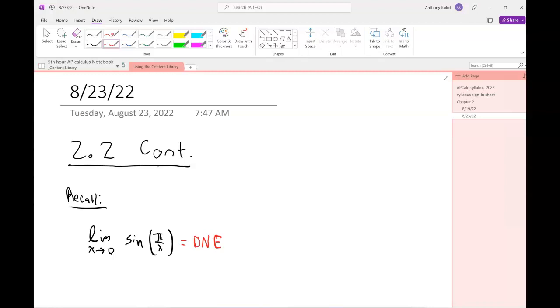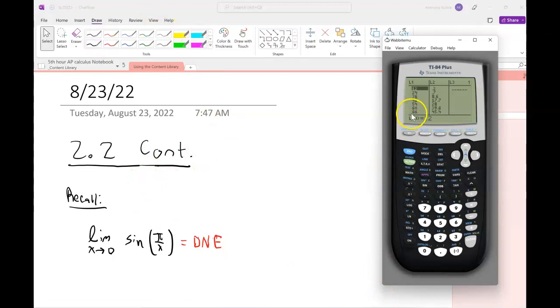So let's take a minute and use this as a jumping off point to develop a new concept. Okay, so if we remember when we looked at the graph of this thing,